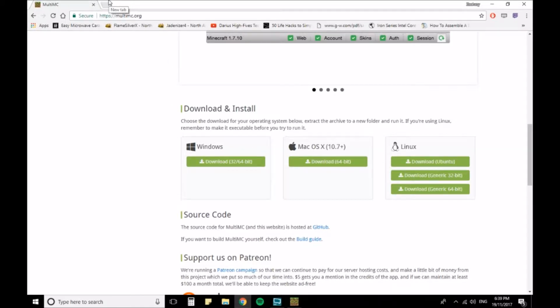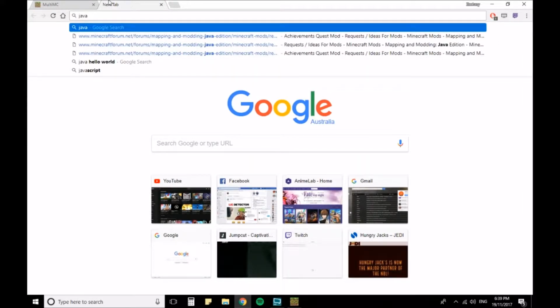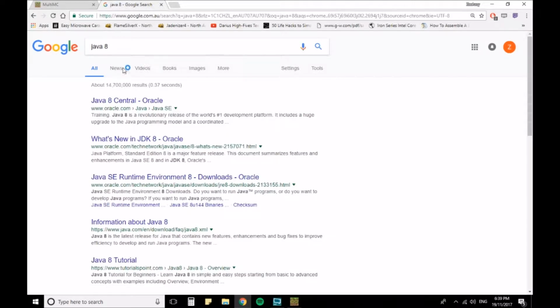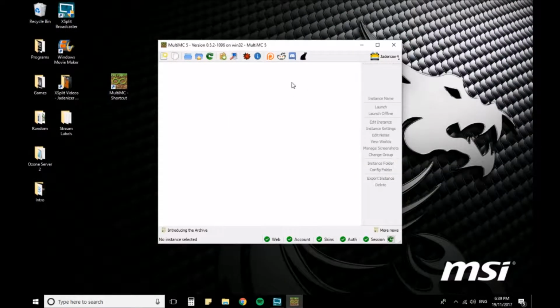And if you haven't already, you're going to need to get Java 8, preferably the 64-bit version, so that you can modify different settings within this. When you first start this up, it'll ask you if you want to